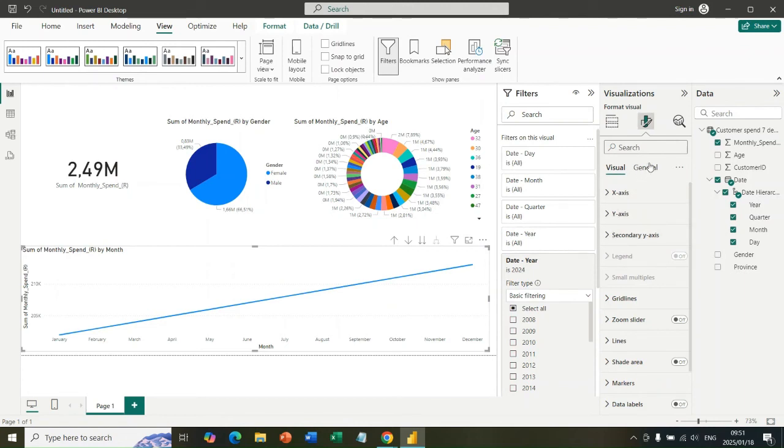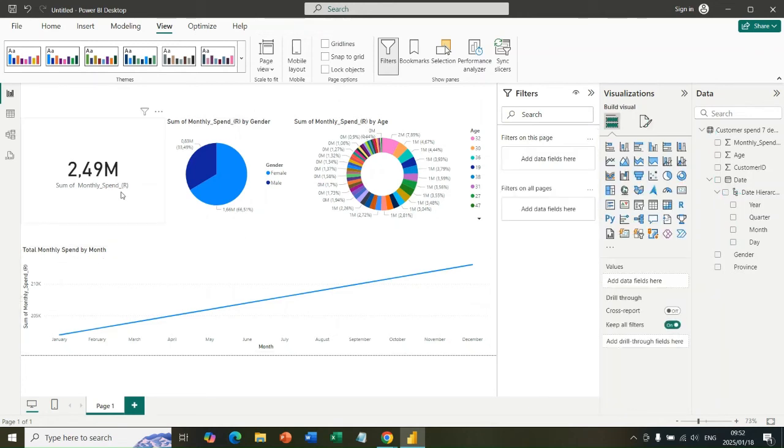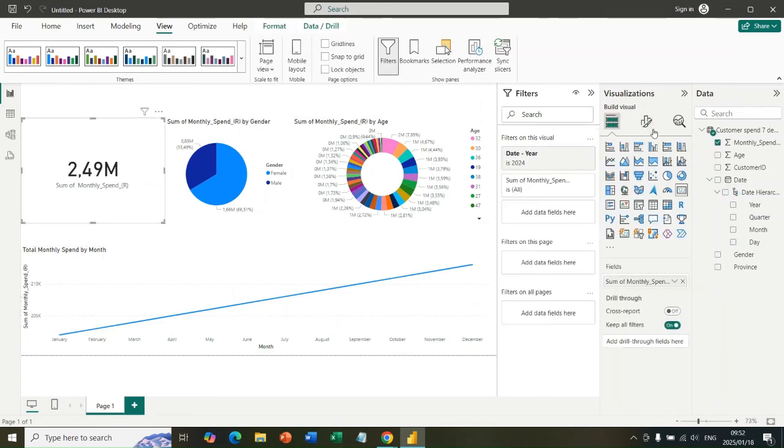Let's maybe change the title, go to title, and let's say total monthly spend by month. As you can see, it changed over there. And so this we also want to change, format,